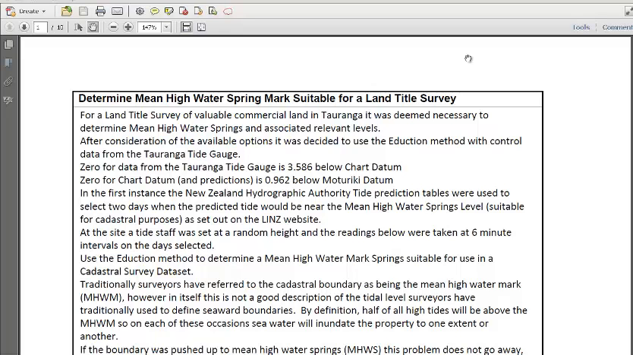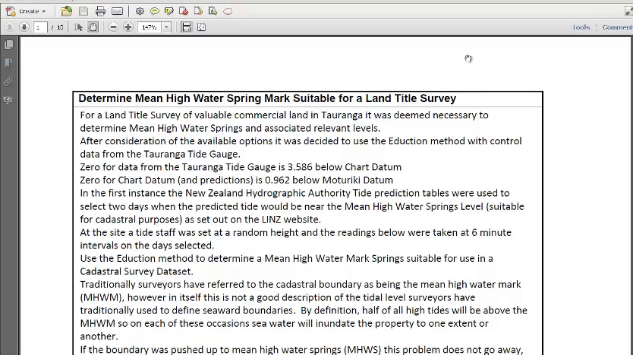They say that learning's a bit of a journey, and I've certainly been on a bit of a journey with this particular calculation to determine the mean high water spring mark suitable for a land title survey. The scenario is a land title survey of valuable commercial land in Tauranga, and we wanted to find out mean